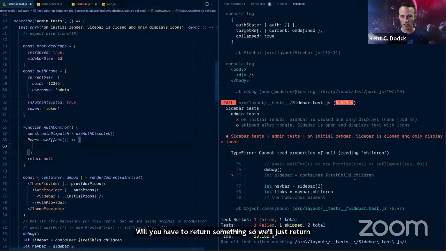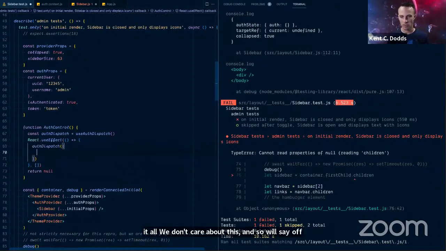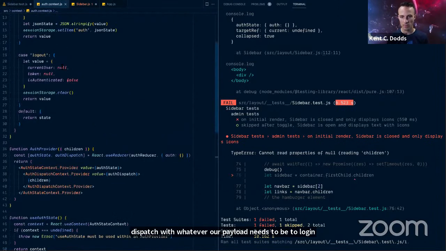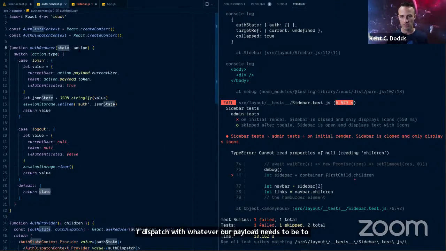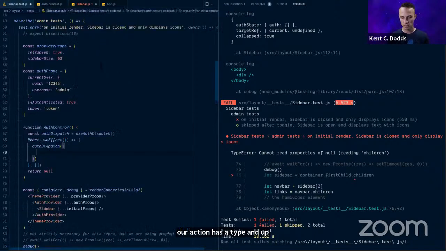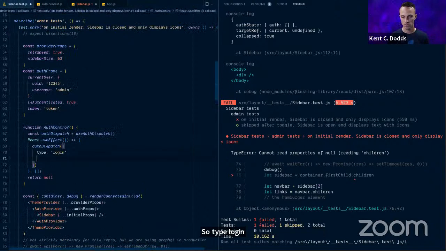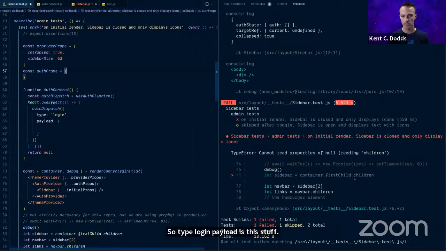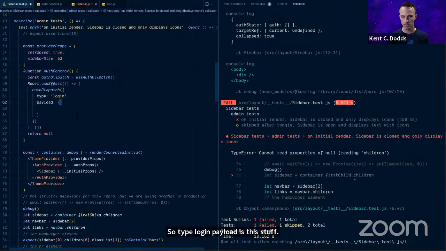We don't care about this. And so we'll say authDispatch with whatever our payload needs to be to log in the user. Our action has a type and a payload with current user and token. So type login, payload is this stuff. And then you get rid of that and stick that here.